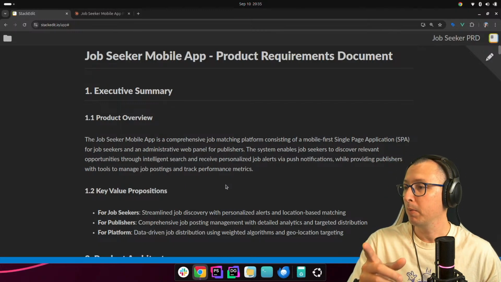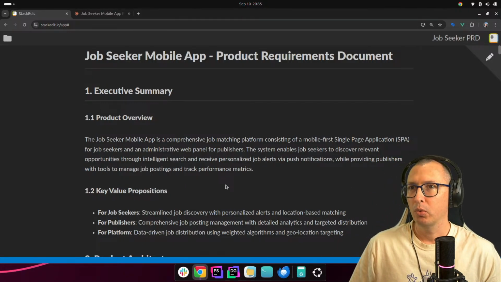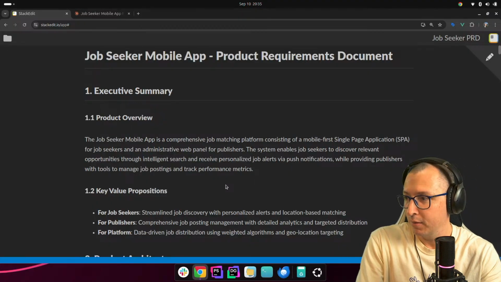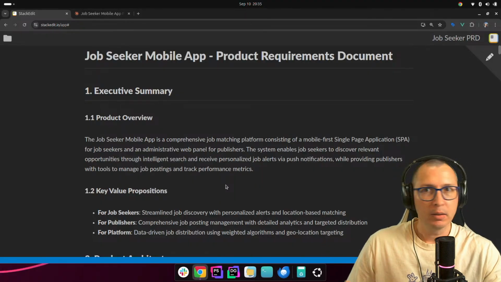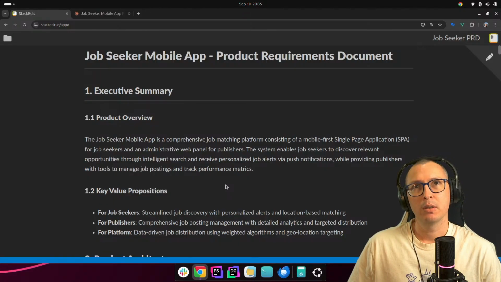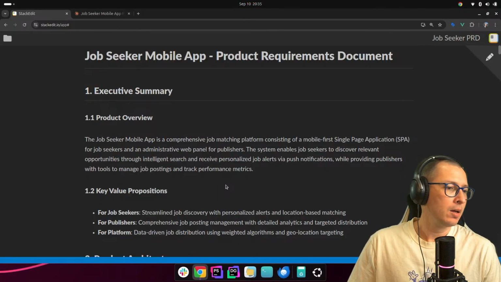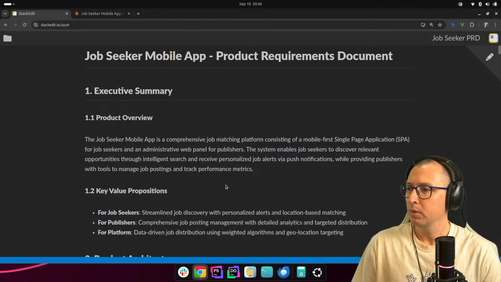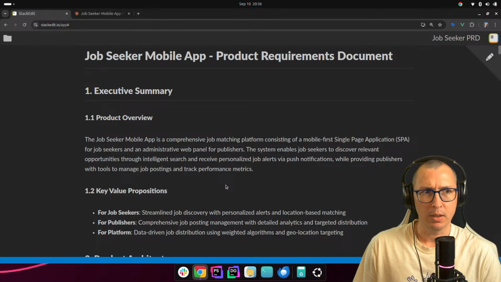Oh, by the way, I remembered what we can use for this. At some point it is going to have geolocation, right? Because publishers can have their job posted on a specific city, state. Users can subscribe and look for jobs on a specific location, city, state. I think I'm going to stick with city, state.